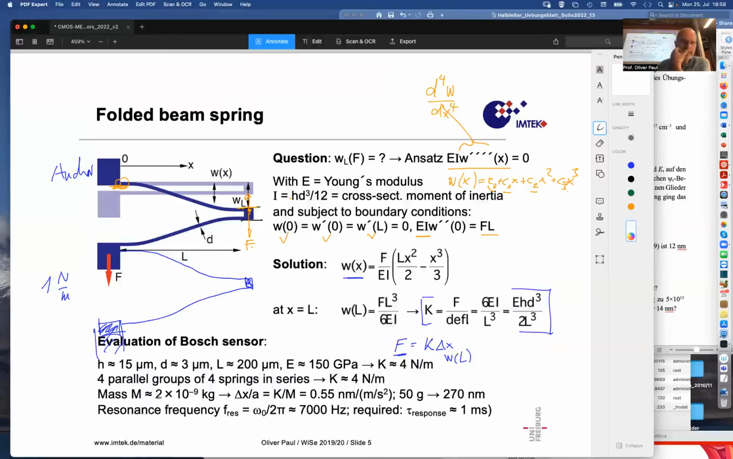So the mass I estimated to 2 times 10 to the minus 9 kilo, which means that for an acceleration, not in resonance, the deflection is going to be K over M. Well, how do we get this result? So if I just transform this to show where it came from, I can write this as